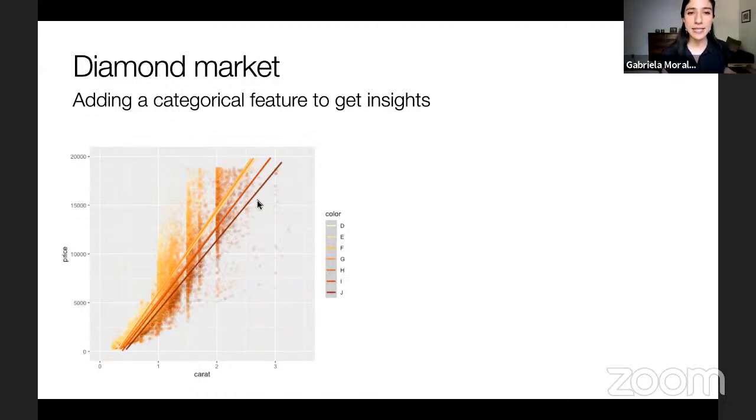You see, this slope is a little less steep than these three that almost overlap, which are D, E, and F. The I one is sort of in between. The ones that increase the price faster are the ones that I think would be more important to invest in, because they have smaller carat but still higher prices. You can invest less money in them and still charge a lot of money for them.